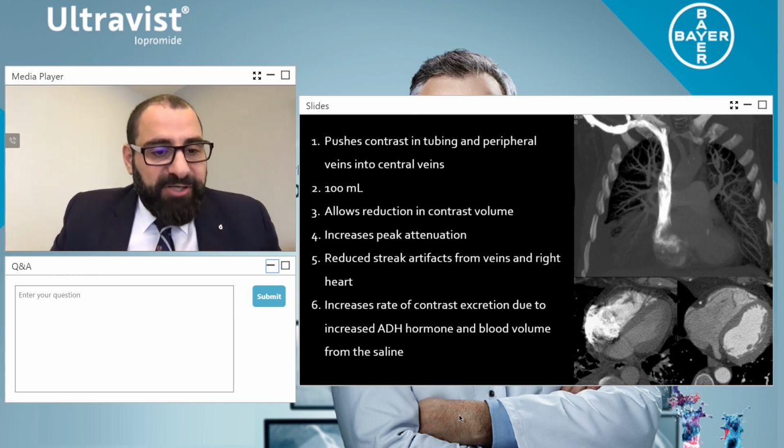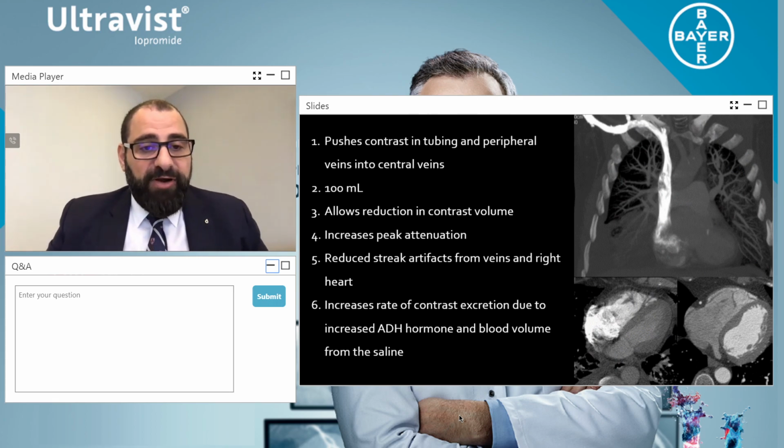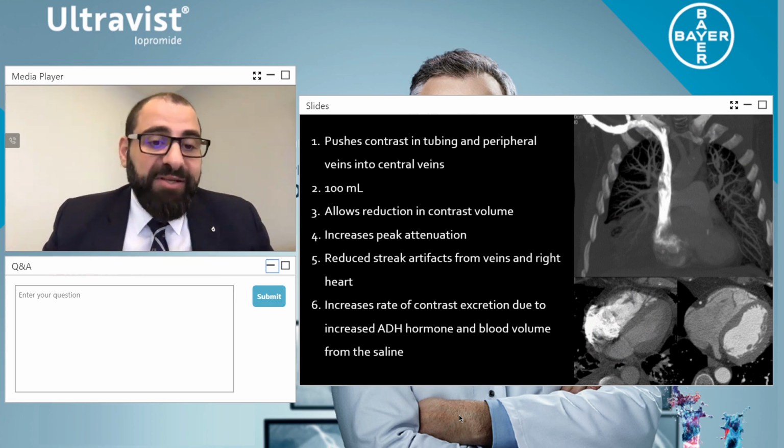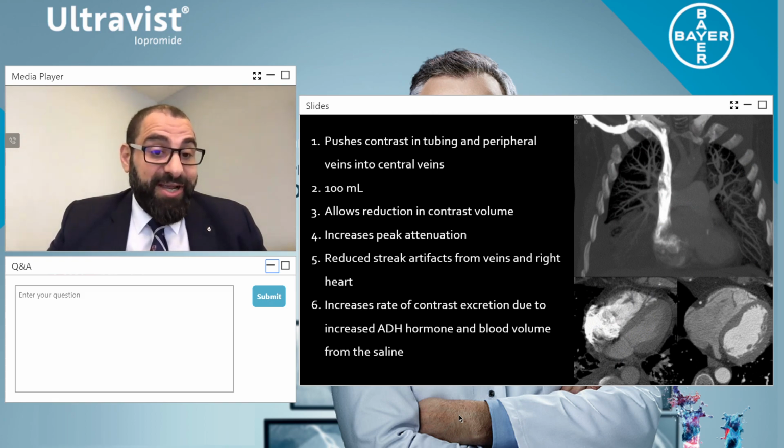Now I have another question of Samuel Underhill. Do we use the same flow rate of contrast as saline? Absolutely yes. Now you can be technically even more perfect. If I have a contrast media delivery injection rate of contrast at 3.5 mils a second, I would push that to 4.5 mils a second for the saline injection.